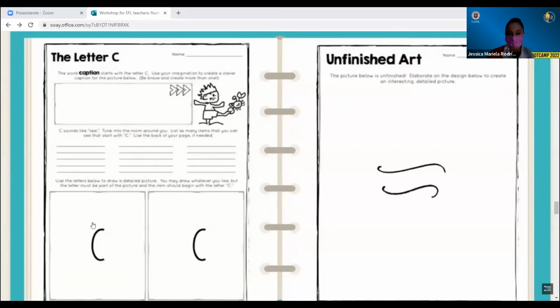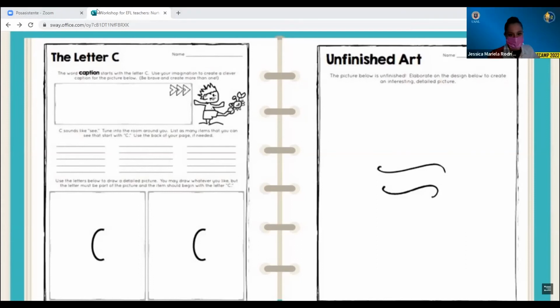So it's kind of complicated. I'm gonna do mine, okay? And then I'm gonna show it to you. And then the other one is very similar to the one we already did, okay? We have to complete this drawing. We have to add more details. We have to add more lines and shapes to make it something more interesting, okay? So I'm gonna give you 3 minutes and we are going to share in 3 more minutes, okay?